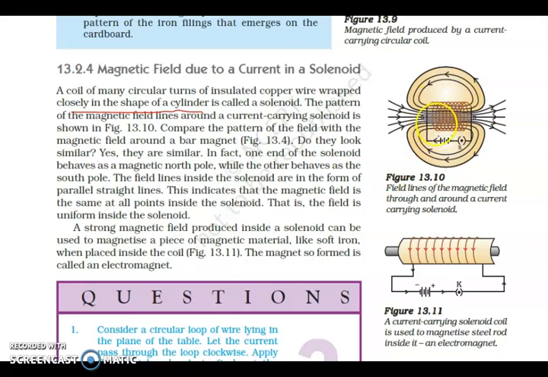मतलब जैसे इसमें current ऐसे in this direction it is moving, so you try to wrap your fingers along this solenoid. Of course, if you wrap your right hand fingers around this solenoid, the direction in which your thumb is pointing, you can do it now as well. So you will see that your thumb is pointing towards the right side.